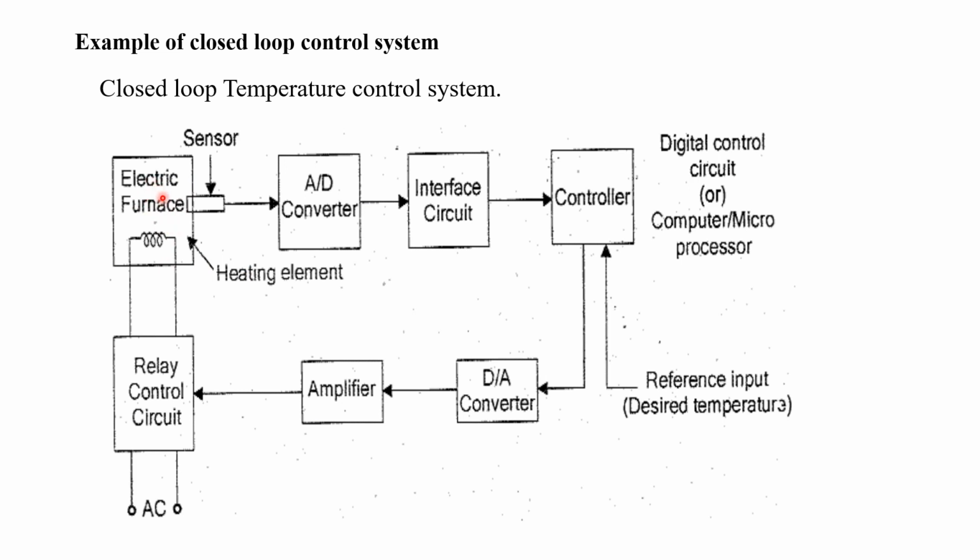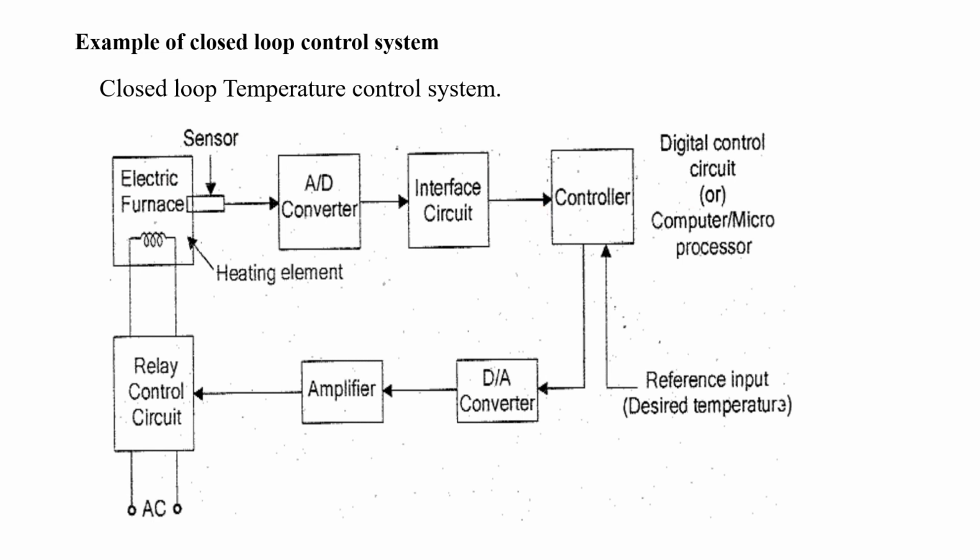Okay, so after a while, again due to the diffusion of temperature through the walls of the electric furnace, there will be a decrease in the temperature inside the furnace. This decrease in temperature is again sensed by the sensor and compared with the reference input signal at the controller, and so on. This process will be repeated. In this way, we can maintain the temperature inside the electric furnace at a constant value. Due to the disturbances, if there is any change in the temperature, the system itself automatically detects it and corrects that value. Okay, so this is another example for the closed loop control system.